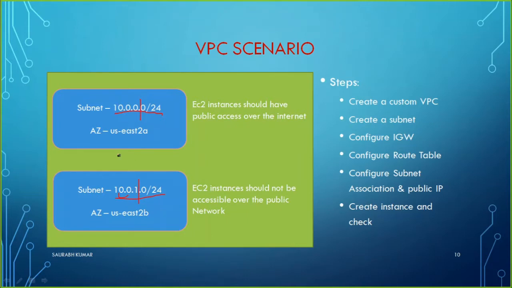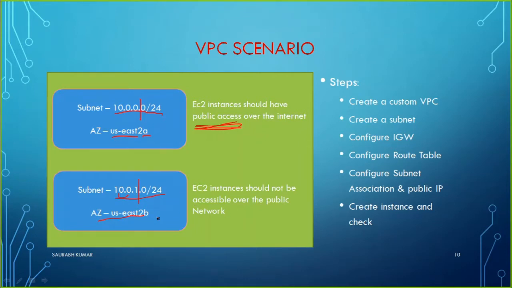One subnet I will name maybe like AZ US East. This is the region, this is the availability zone. So that is what I am going to define here. We will be creating some EC2 instances connected to this subnet, and we will create some EC2 instances connected to this one. The EC2 instance connected to this subnet will have public access, because I am going to set a condition that there will be a route available for the public network. But in this subnet I will not define any route to the public network, so it will not have public network access.